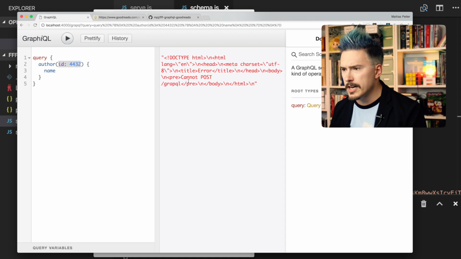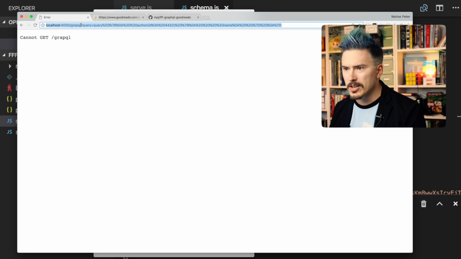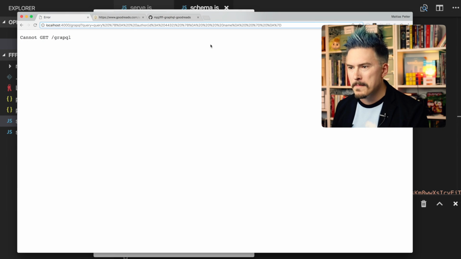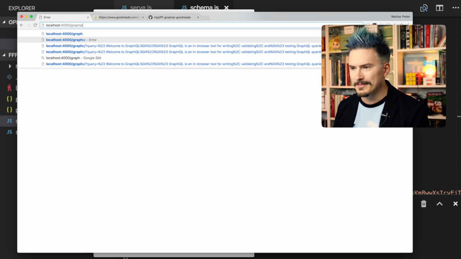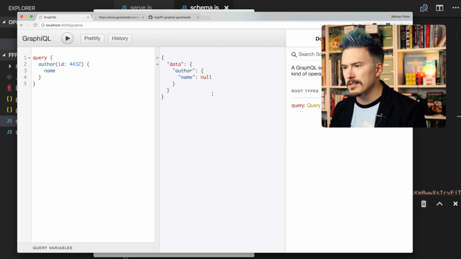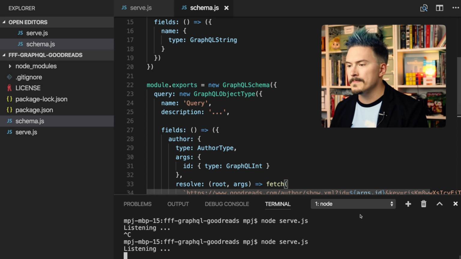Oh my god, what even? That's all right. It's because I fixed the typo. GraphQL, blam. Run. Okay. Author name null. Well, this makes sense because